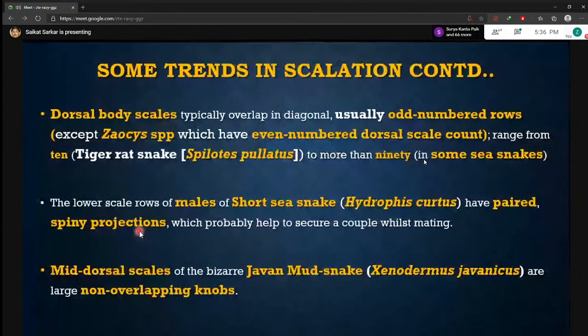see. They have paired spiny projections, which probably help to secure a couple whilst mating. This is one explanation. There is another explanation. Now, actually, this Hydrophis cartus group of sea snake, these are smaller size sea snakes, and they are found in the